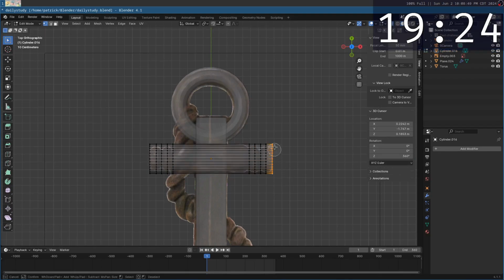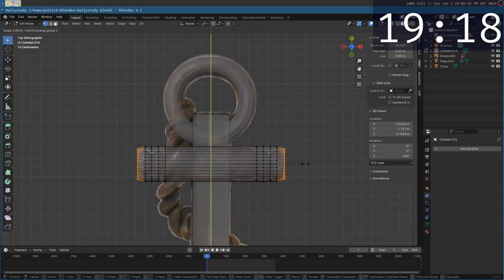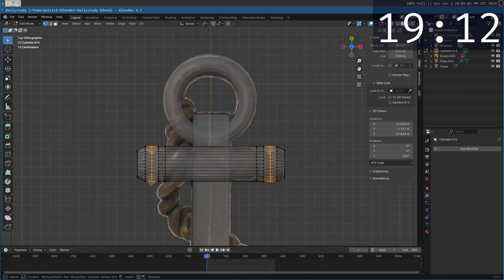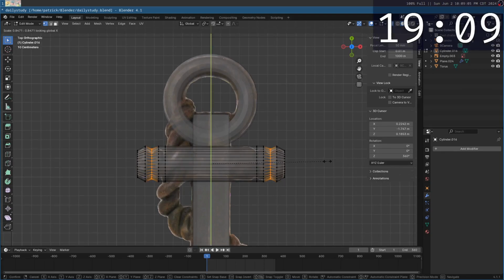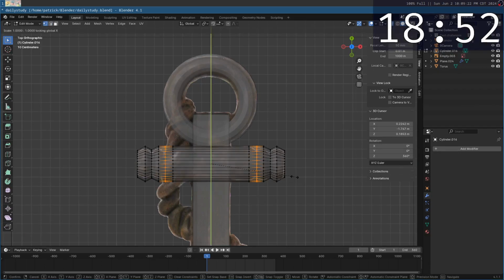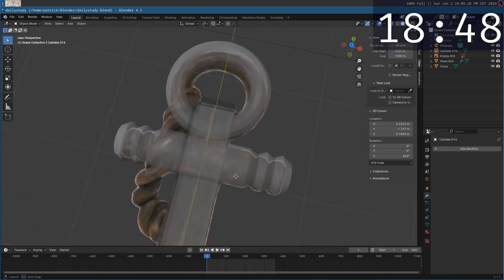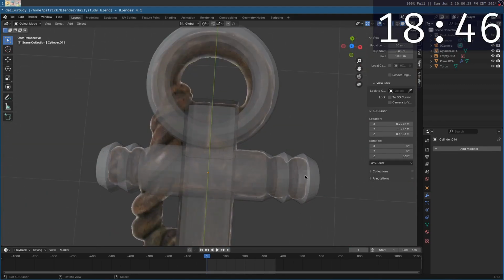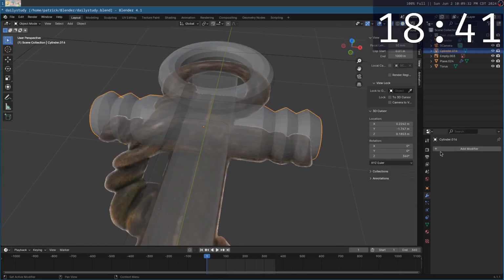Now we'll take these two, scale it on everything except for the X, do it like that, grab these, scale it on everything except for the X, like that. Last but not least, we need one more loop cut to about there. Select these, scale it on everything except the X, just like that. And that looks good to me, except maybe I want to add in a subdivision surface modifier to smooth